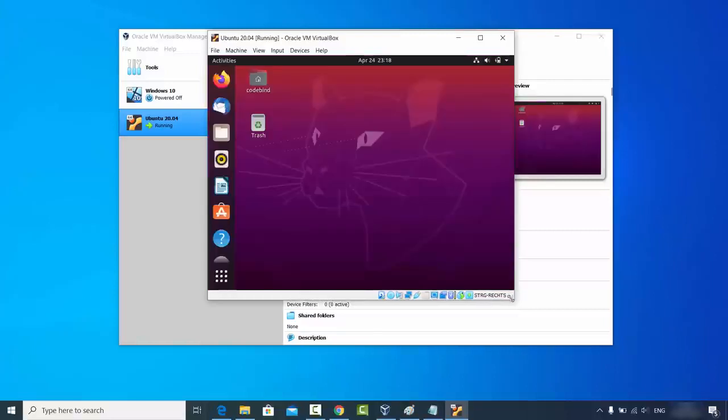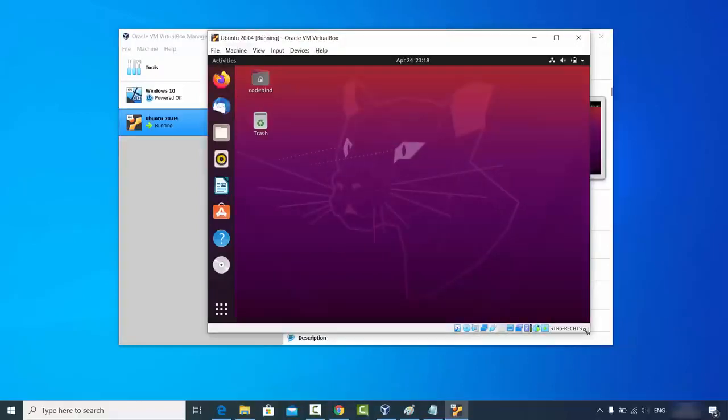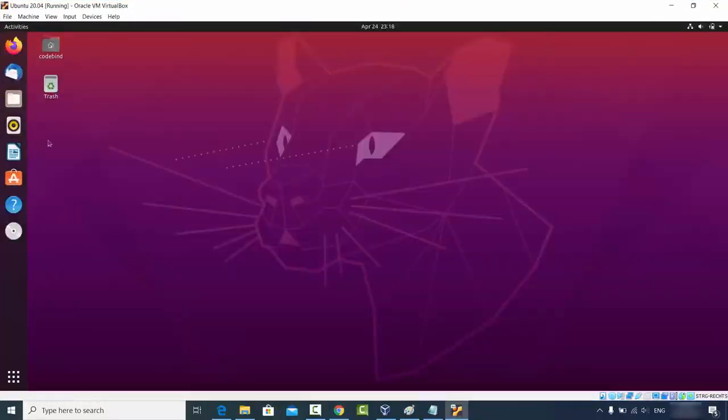And now if you observe, when I just drag this window and make the size of this window a little bit bigger, the size of the Ubuntu desktop also changes and the resolution is also better, right? So when I just maximize this window, my Ubuntu desktop size will also change. So this is working now. Now I just want to test